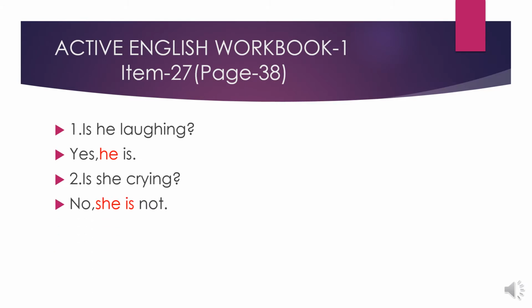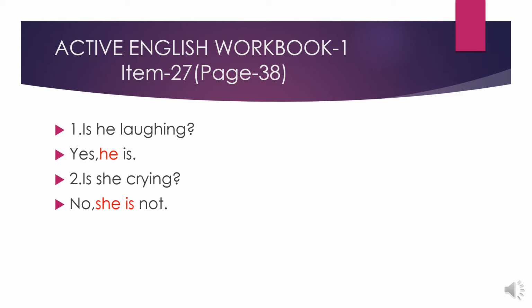Number one: can you see in the number one picture, the boy is laughing. We can see a smiling face of a boy, and for a boy we have used the pronoun he. So the question is, is he laughing? Do you think he is laughing? Yes, he is. So the answer will be yes, he is. And the red marked word is the missing word that you have to fill in. Okay, যেটা লাল কালারের কালি দিয়ে লেখা সেটাই হচ্ছে আমার মিসিং ওয়ার্ড, যেটা দিয়ে আমাকে fill in the gapটা পূরণ করতে হবে.